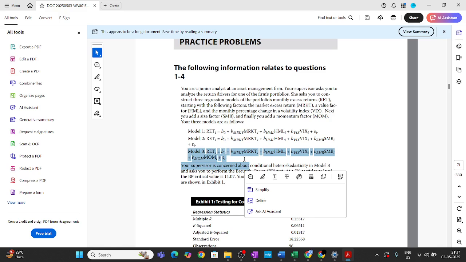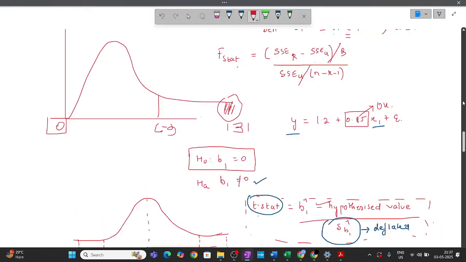ओके, मेरा बात समझ में आ रहा है? So you fail to reject the null here. Why? Because my test statistic does not lie in the rejection area, right? Okay, so I fail to reject the null, so there is no conditional heteroscedasticity. अच्छा, अब आ जाओ सीरियल कोरिलेशन।